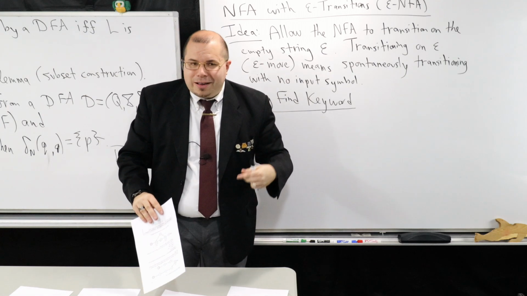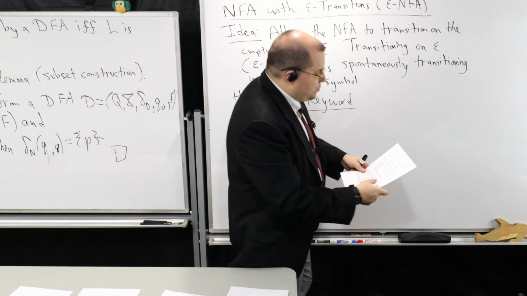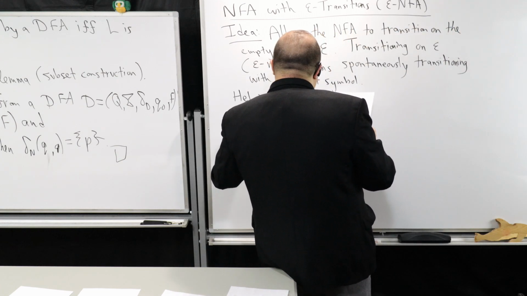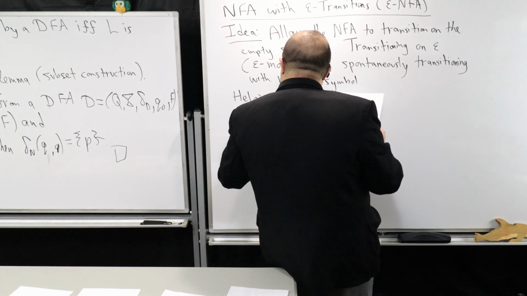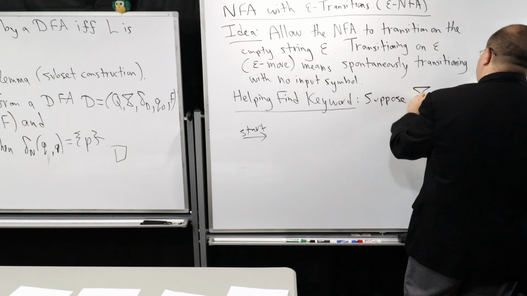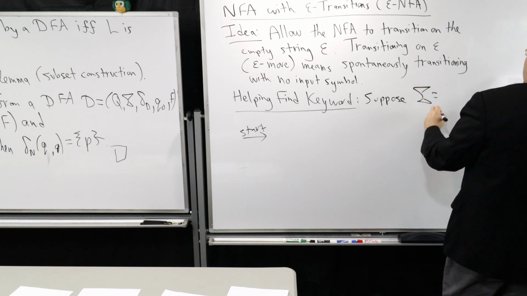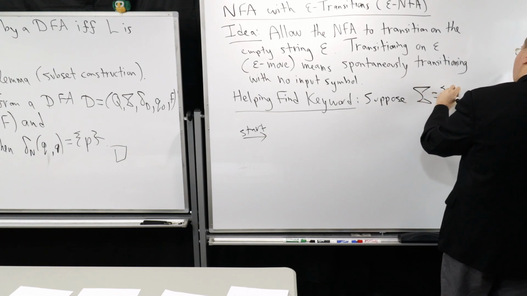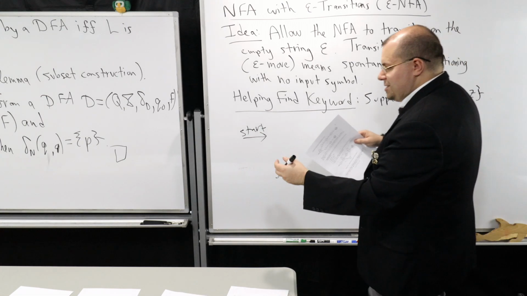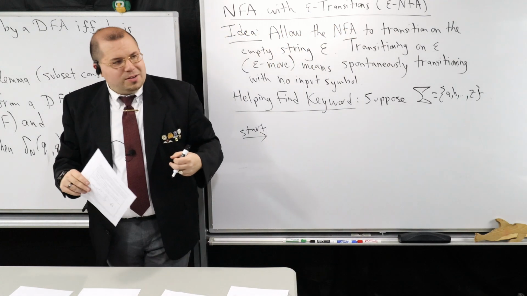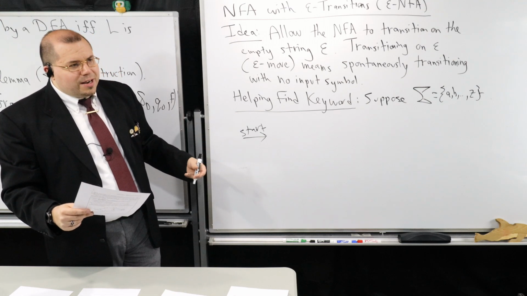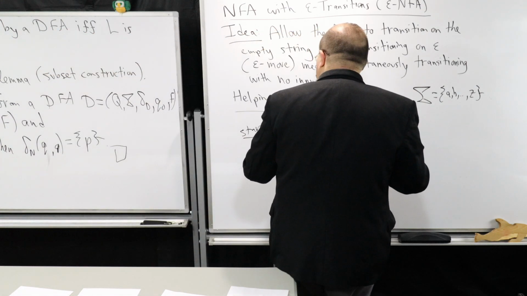So I'm going to think about it instead of detecting keywords in this way. I could design an epsilon-NFA like this, and you're going to see. So I'm going to suppose that I have an alphabet, A, B, all the way up to Z, all the lowercase English letters. So I'm going to design an epsilon-NFA that's going to recognize certain keywords.